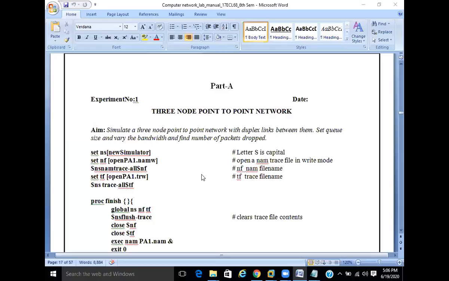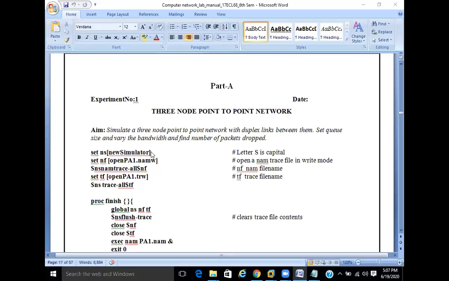First of all, you should know which simulator you are using for the simulation, and you need to define that simulator in the program. Here we are using the NS2 simulator. After defining the simulator, you need to define which files are to be created by running the Tool Command Language script, that is the TCL script. Once you write the program, it should have the .tcl extension.